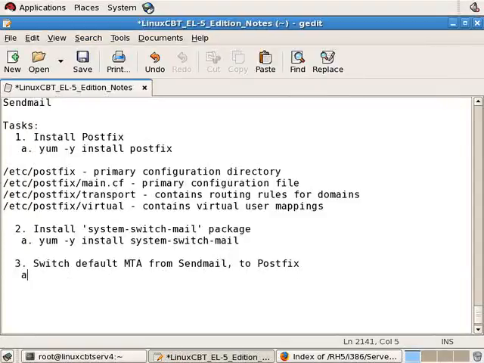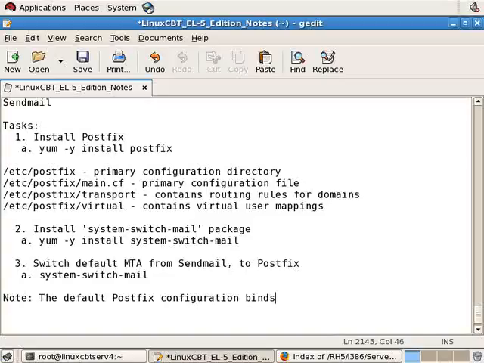So we've switched by executing system-switch-mail, and then we've selected Postfix. And note the default Postfix configuration binds to the loopback adapter address. So we will need to change this if we intend to route messages in from other hosts on the wire,